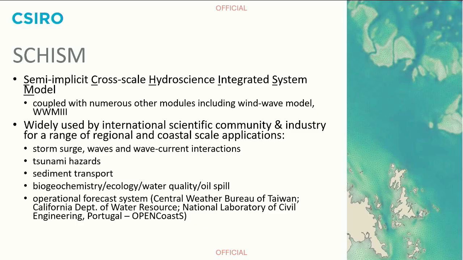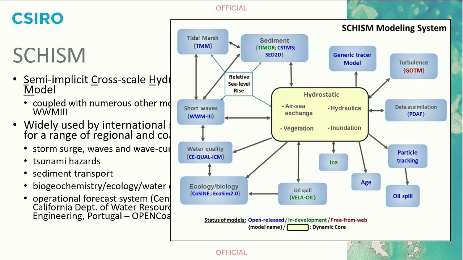It's a wave model and it's not. There are a bunch of inputs that you use into Schism, and I can give you this horrendogram. It's a model you can use for all sorts of things. You can use it for storm surge, wave currents, tsunami hazard, sediment transport, biogeochemistry. It can do lots of stuff, but